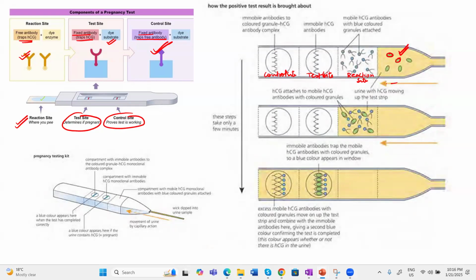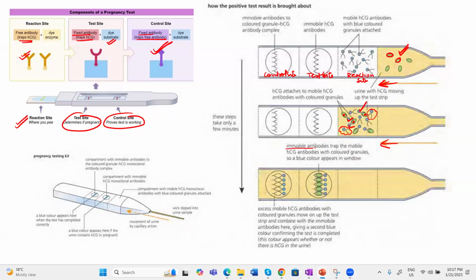So now the urine will move in this direction, and when it is moving, HCG will bind with the antibodies. You can see here this antibody has bound with the HCG. Same with this antibody, it has bound with HCG. So you can see antibodies are attaching with HCG. But some antibodies like this one are not bound. This antibody has not trapped HCG. So these are free. Now, when they are moving further, what will happen?